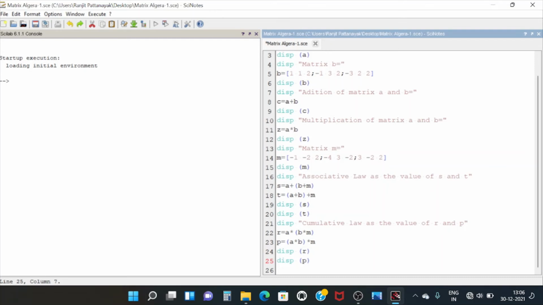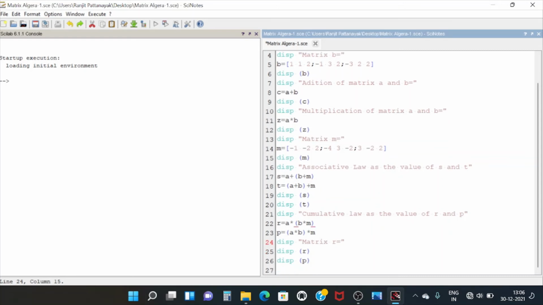So if we run these codes for the cumulative law, we will find R and P will be equal. So before this line we have to write display, in double quotes, the matrix R equal to, so before displaying the values of R, it will display this line.